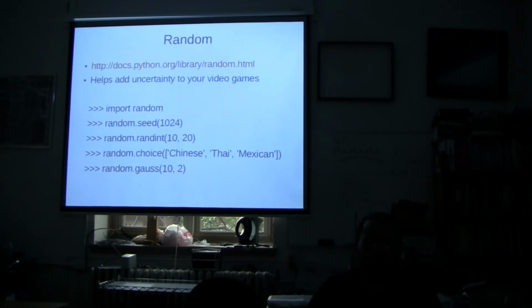randint takes two values, 10 and 20, and it's going to give you an integer within the range of 10 and 20 at random. Random choice, this is really fun. I've picked where to go to dinner with this a bunch because I'm a nerd. With random.choice, you pass it a list, and it will give you a random selection out of that list. It'll pick one element out of that list and tell you where you're going for dinner. You can even do cool things like grab a number from a Gaussian distribution and things like that.